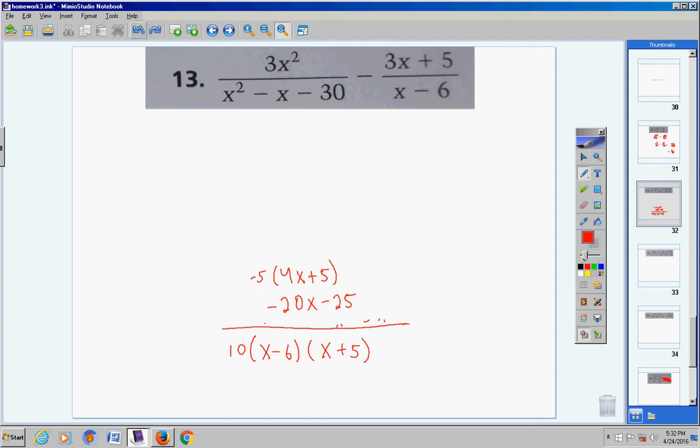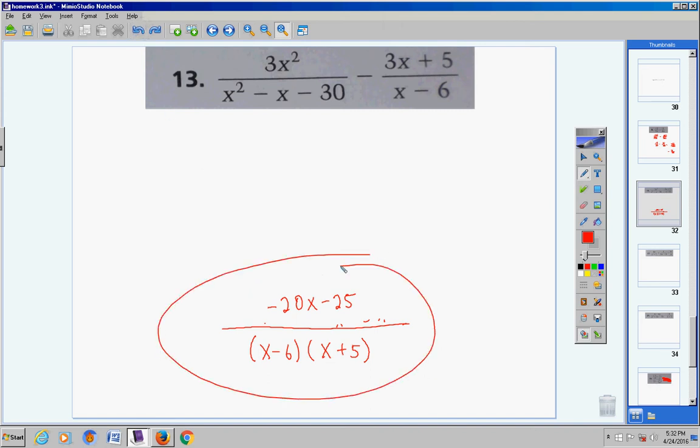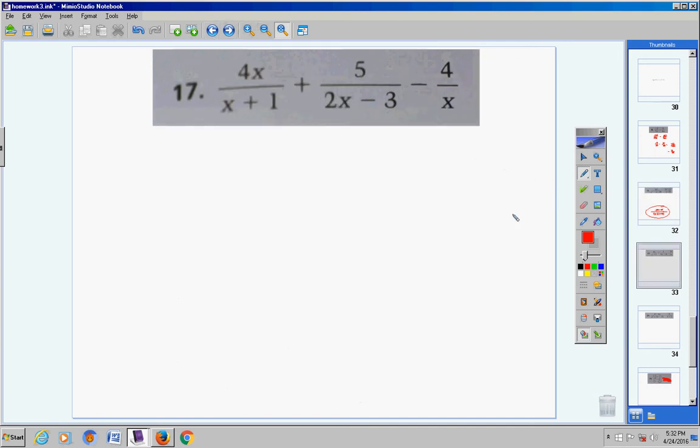So it's always wise to factor in your final answer if you can, just to see if something cancels. But this is the correct answer. Nothing cancels and we are done. Number 17. We are adding and subtracting fractions, so let's go ahead and